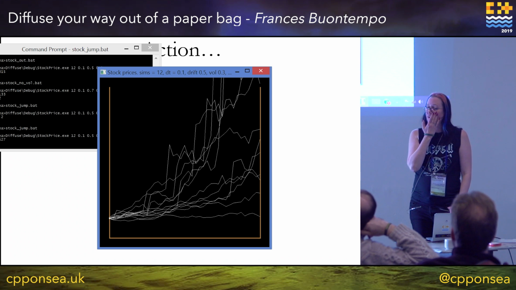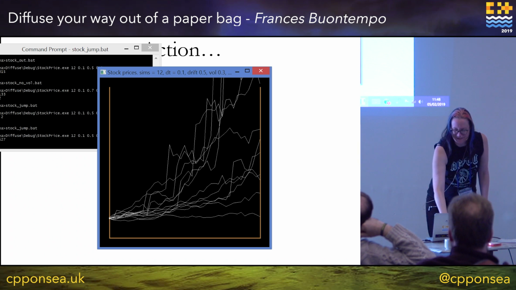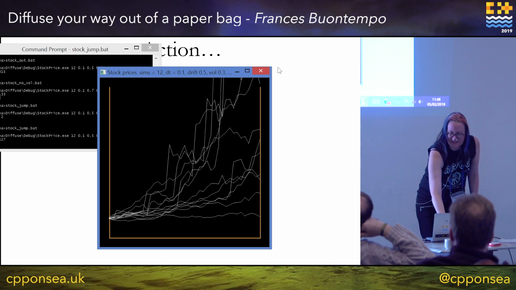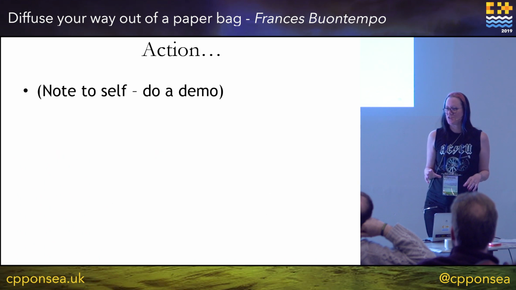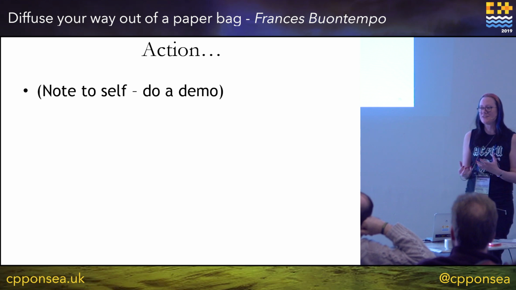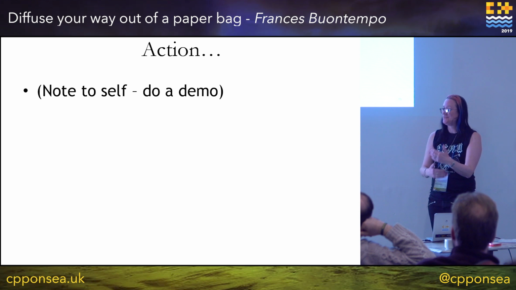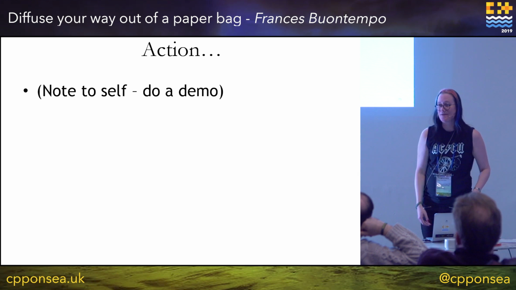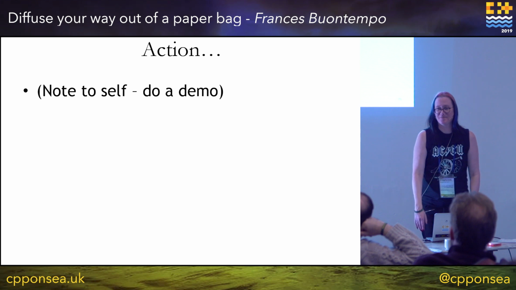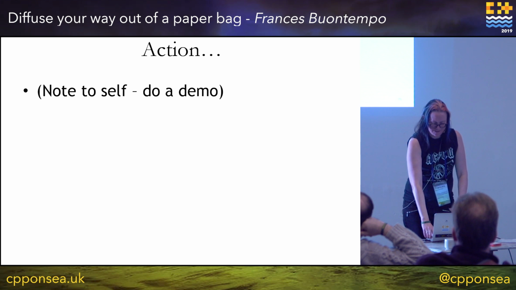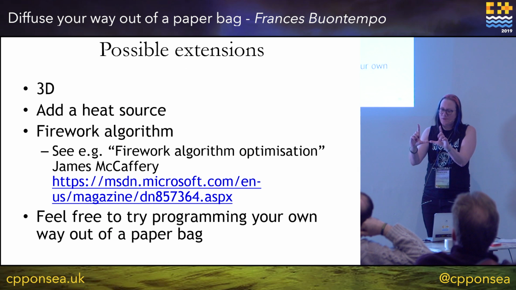Of course, with just the stock price without the jumps, I could play around with the numbers and make sure it got out. Actually, there's some quite complicated maths hiding behind all of that. But to me, the message is, don't panic if we see some words like stochastic and DW and things. Frequently, if you actually get into this and try and implement it yourself, it will just be some multiplying, some adding up going on. Find a way to build things up simply one step at a time, test what you're doing. Things go wrong. All kinds of things went wrong for me. I mentioned some of them, and there were more besides. Have some fun. So what else could we do? Well, the paper bags have all been two-dimensional so far.